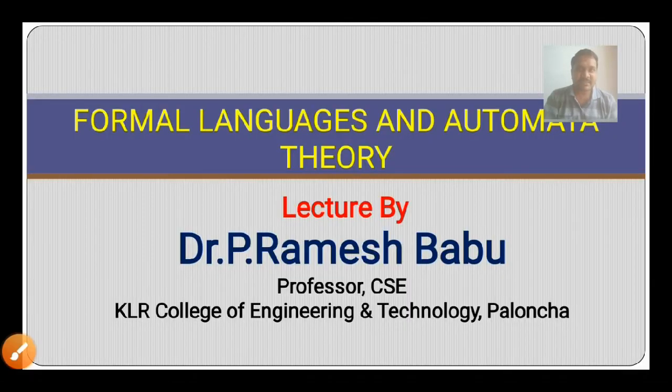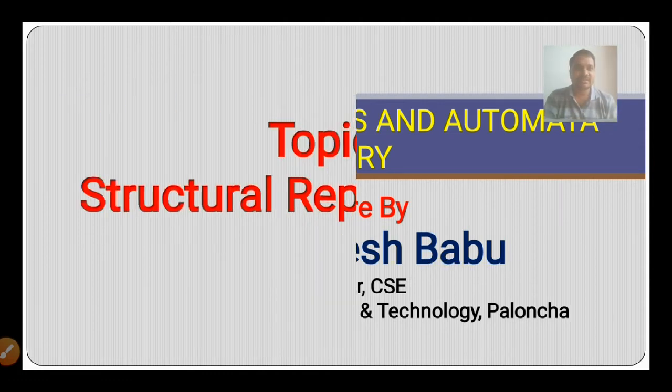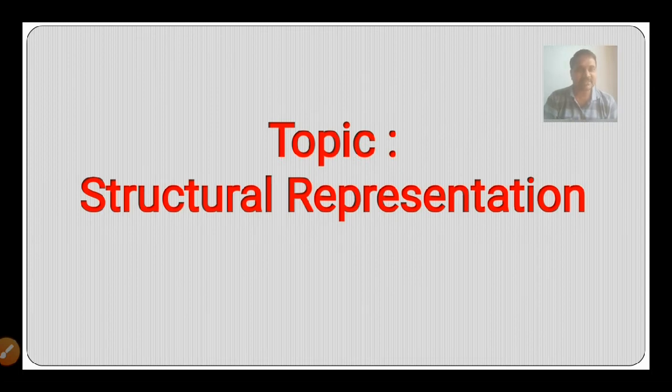So in the previous two classes, we discussed formal languages, what the formal language objective is, the representations of various formal languages, as well as some examples of formal languages. And we also discussed the introduction to automata theory, what we are learning in automata theory and all. Coming to today's session, we are representing the structural, so how to represent the finite automata in the form of a structure.